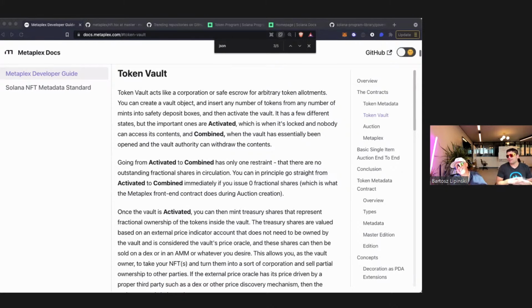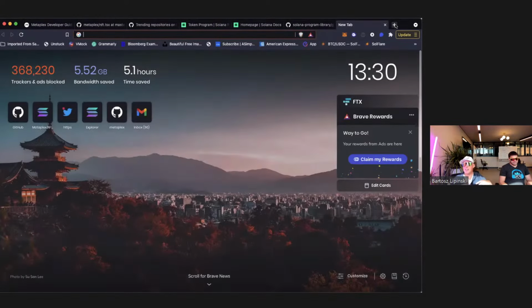The other one, if someone is listening and again thinking, what should I do during the hackathon? It would be super cool if someone took the vault and used it to implement floor perpetual swaps as described in Dave White's paper. Let me maybe link to that. So you could potentially create a basket of NFTs and lock them into a vault. Again, right now it's a limited number to 255, but for the purpose of the floor,